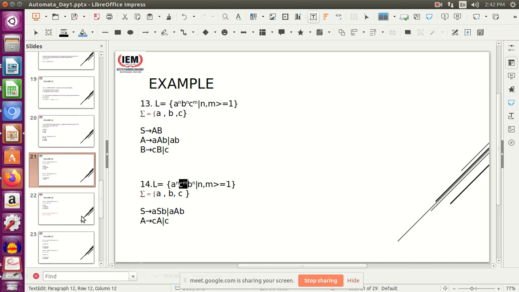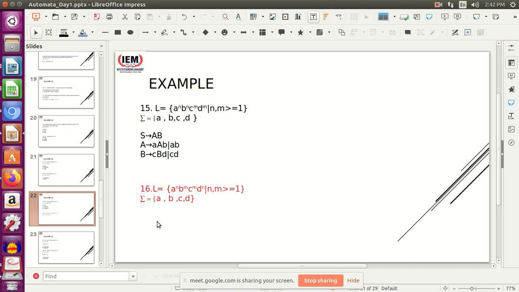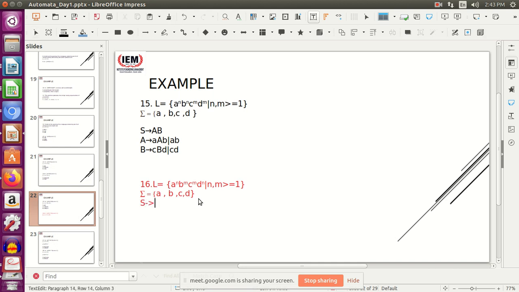So for this kind of problem, what you do is you start with S, then you start with A, then you have to end with D, right? The number of A should be equal to the number of D at the end. Forget about the middle portion. Or I need to insert B and C in the middle, therefore I'll induce another variable. Again it will start with A, end with D.